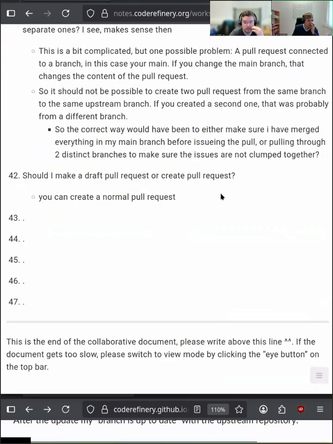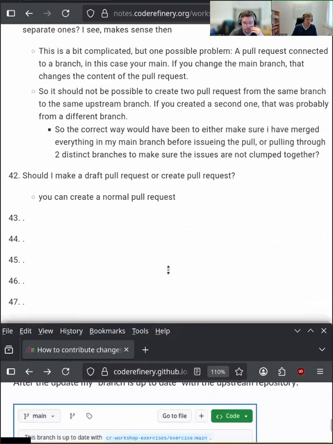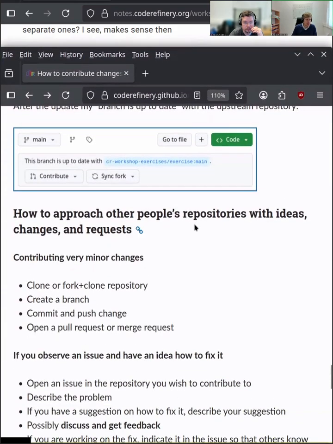Let's see whether there are any other questions. Yeah, so should you make a draft pull request or a pull request? This is something we addressed earlier, but I think it's good to repeat it. You would create a draft pull request if you have some changes that are not done yet, but that you want to get feedback on. So you can already show other people, look, this is what I'm working on. This is the structure of the code that I envisioned. These are the topics that I want to tackle. And then you can already get feedback before you actually have to implement every single bit. But if you already have a clear idea of what you want to do and you already have everything written out, then you would write a normal pull request, because then it can be batched.